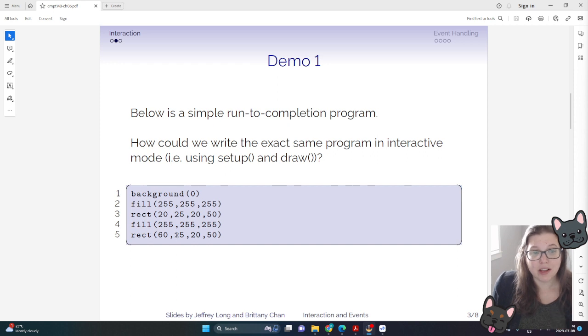And this chapter was all about how, with processing, we can do things in a little bit more of an interactive way. So we give the user a bit more power to interact with our programs. So we want to take this code here and write the same type of program, but in an interactive mode. So I'm just going to bring over our processing